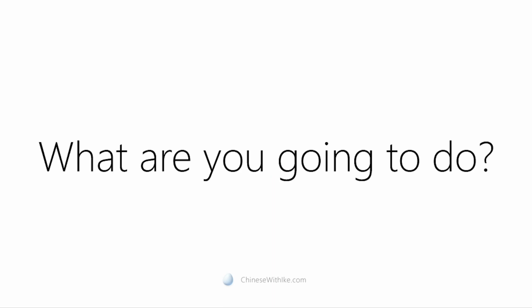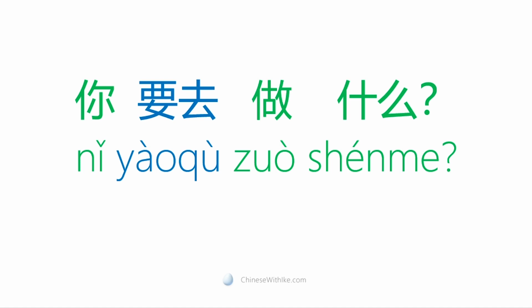Do you remember how to say do? 做. Now, how about this? What are you going to do? 你要去做什么? So here you can see there is no 了 in the end because 了 means the action is